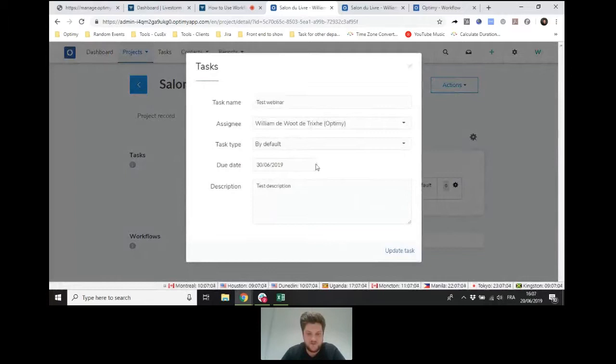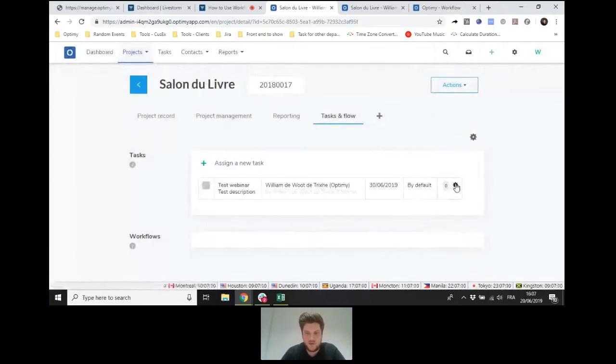I can change whatever I've put as a first instance, and I can update the task. I can also click on the gear to edit or even add a comment, or again, manage the notifications. And I can, of course, delete the task. Clicking on the button here will allow me to say the task is done and put it as done. But I will not do so for now because I'm going to show you just afterwards what we have on